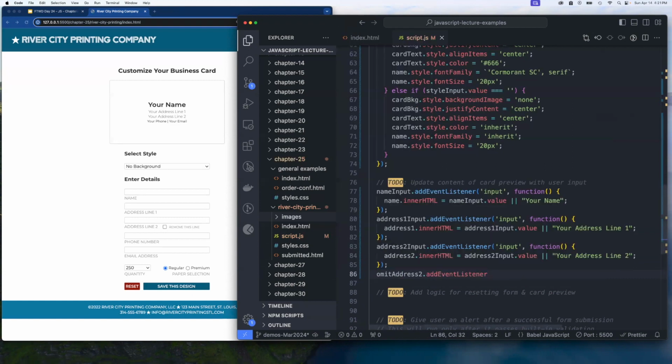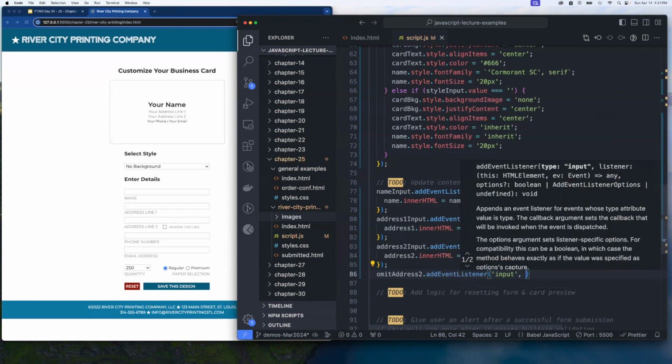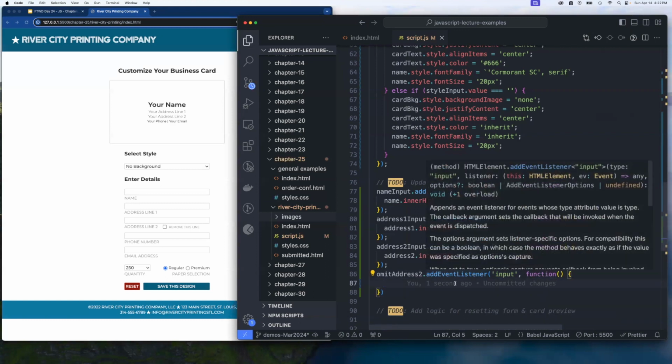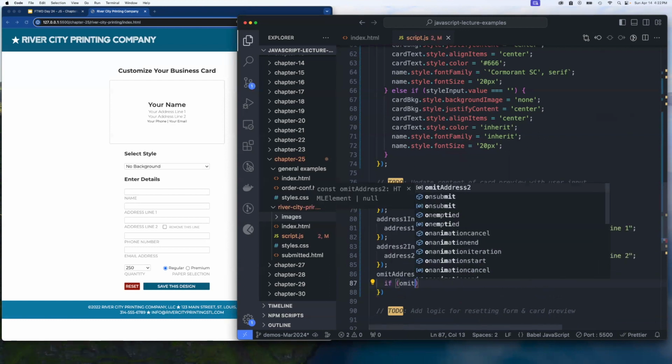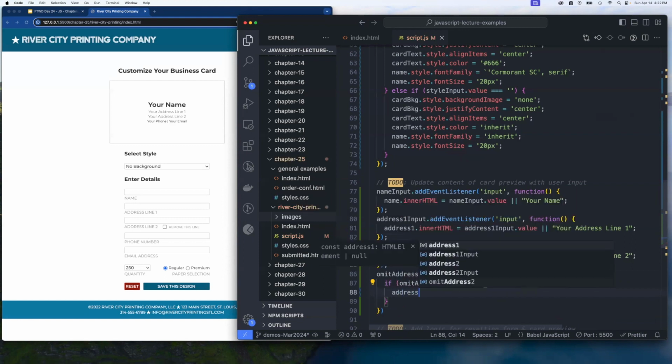And add the event listener and listen for some input, which really is just checking or unchecking, right? But that'll work. And then we just say if omit address 2 has been checked, then we want